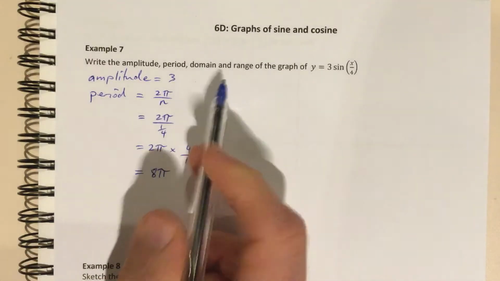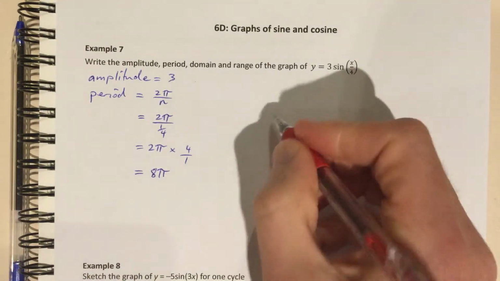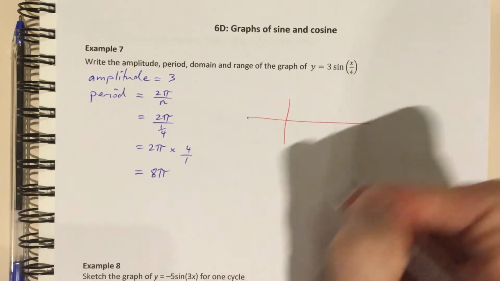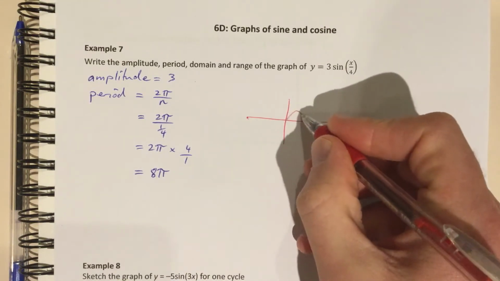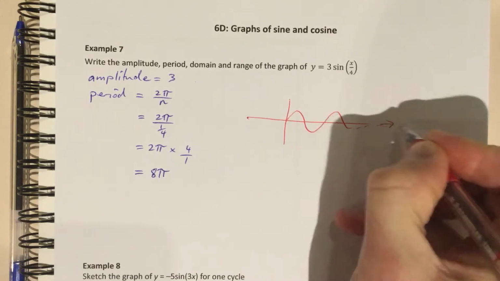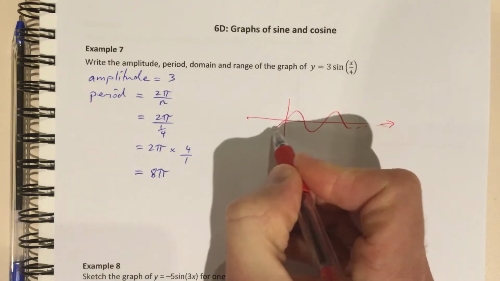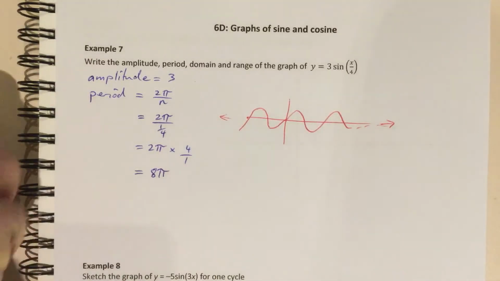The domain and range. Okay, so given there's no restricted domain in the rule, this kind of graph of 3 sine of x on 4 is just going to go like this and just keep going off that way. But it's also going to do the same going back the other way. So the domain will be R,